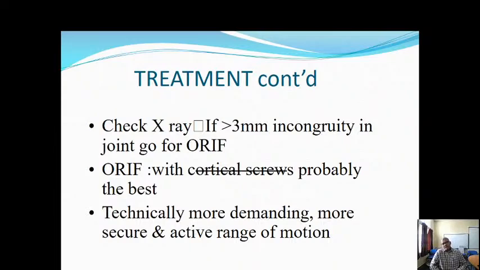Open reduction internal fixation with cortical screws is probably the best. 2.4 mm, 2.7 mm cortical screws. The technique is more demanding, but more secure, and allows active range of motion. You can see here that